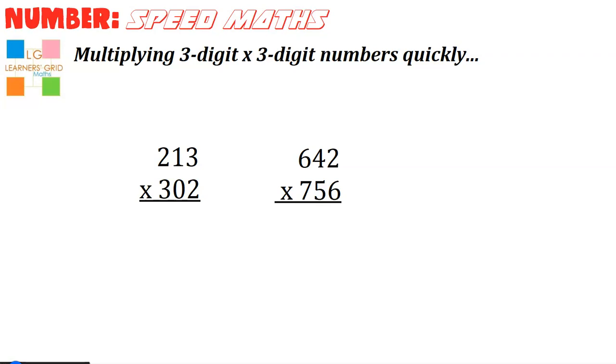Now we can multiply three-digit by three-digit numbers quite effectively using a formal written method, which basically multiplies each place value by the other place values. And that's quite a long process because it involves quite a few lines of working. There is another way, and well, there's lots of other ways. This one, maybe once you get the pattern, you might find this quite a straightforward way to multiply three-digit numbers,